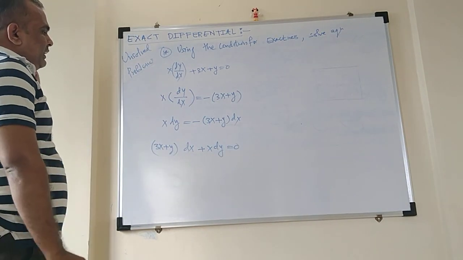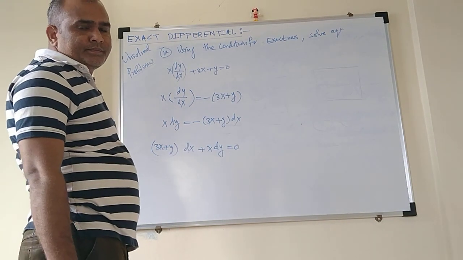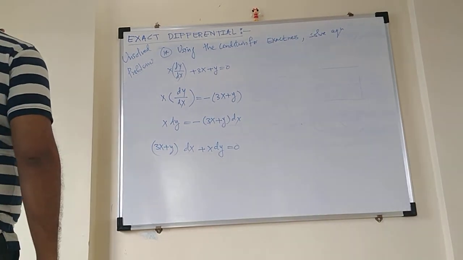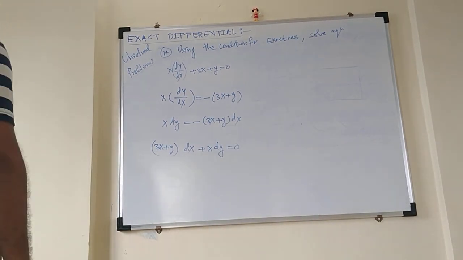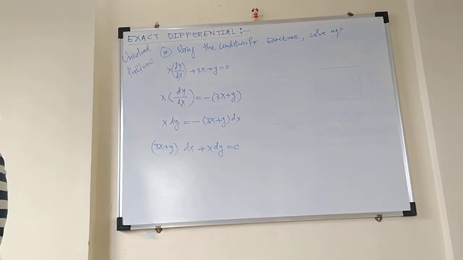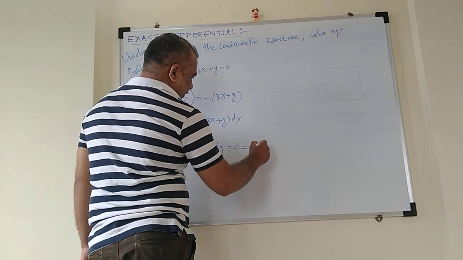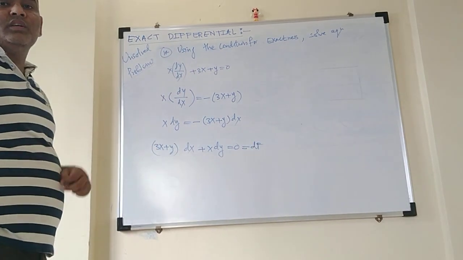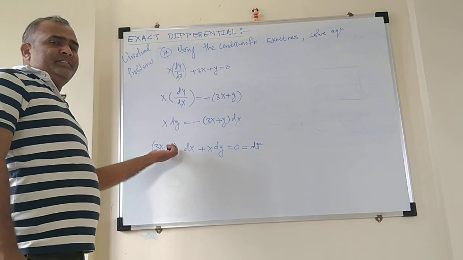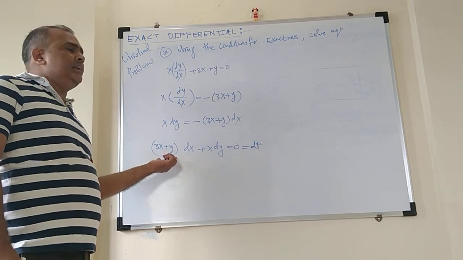Now this is in the form df is equal to m dx plus n dy, where df is equals to 0 here, isn't it? And now using the condition of exactness, we have to solve this problem. That means you are asked to calculate the value of f. Though it is equals to 0, it's a total differential equation. As it is seen, it is in the form of fx dx plus fy dy, or in the form of m dx plus n dy equals to df.